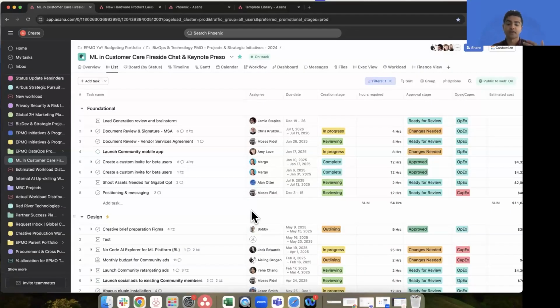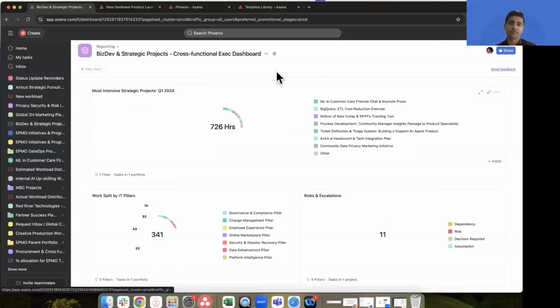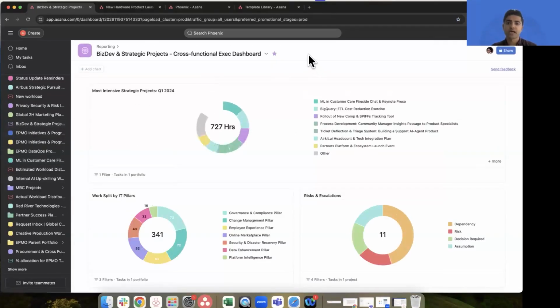So now if we try and imagine, okay, say we've got dozens, hundreds of projects like this, how do we visualize the progress of what's going on without having to go into each and every single project? That's where higher level views, like what we have called universal dashboards, come into play, where we can create one dashboard that sits on top of all these projects and portfolios and whatnot. And as things are changing in those projects, everything updates here live. So you never need to go into those specific projects to get an update on how things are going.